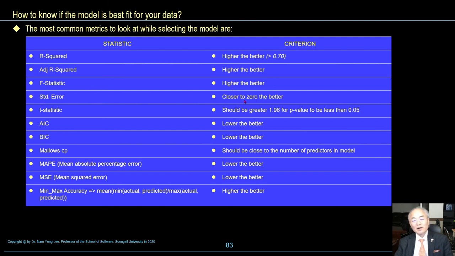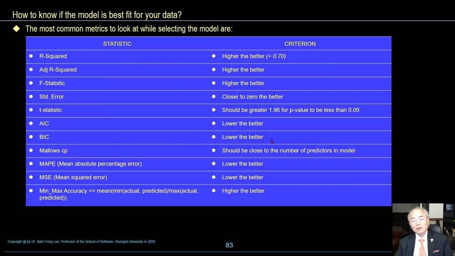Standard error, close to zero the better. T statistic should be greater than 1.96 for p-value to be less than 0.05 at the 95% confidence interval. AIC, lower the better.